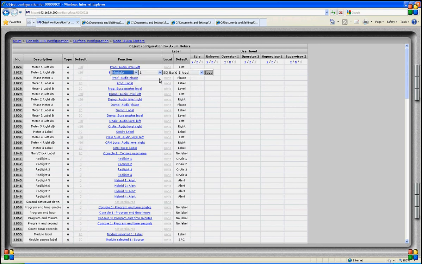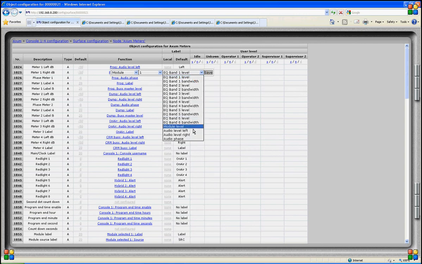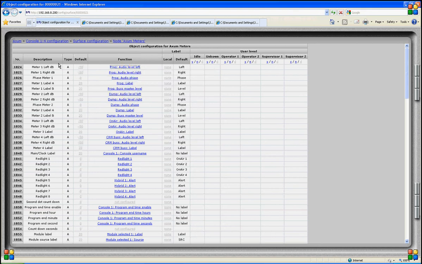You can also select to see Module 1 and its audio level. All display functions that are possible here are here to select from. Here we have chosen to see the program level. The phase meter is set to read the phase correlation of the left-right program level. The meter label, the actual text that is visible beneath the meter, we name program. In this way it's easier to remember that this is the program bus level we are listening to and monitoring